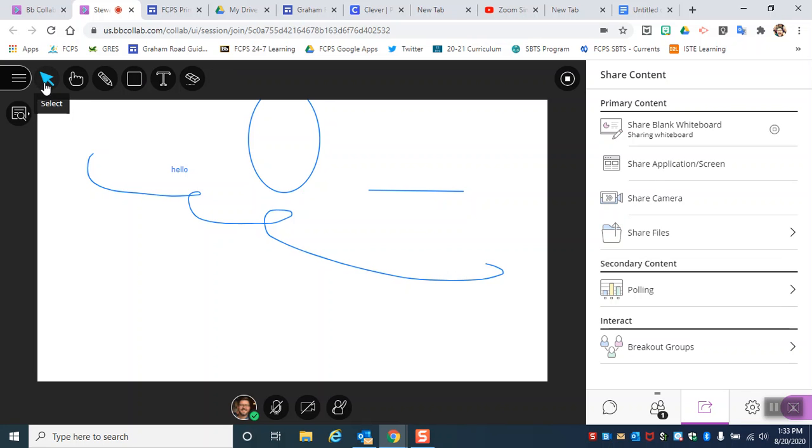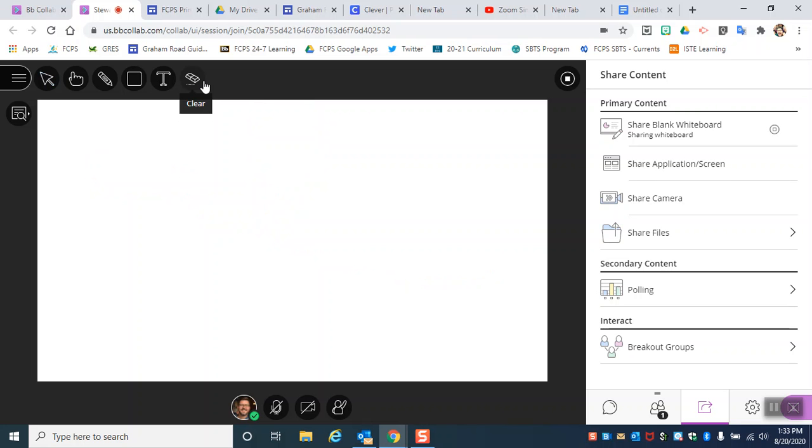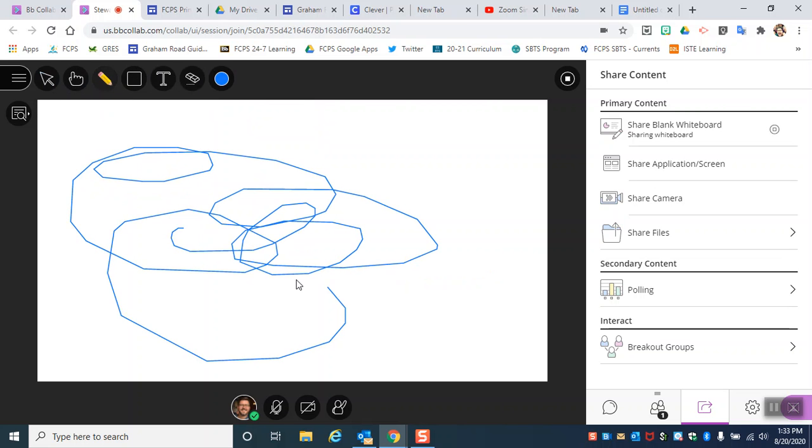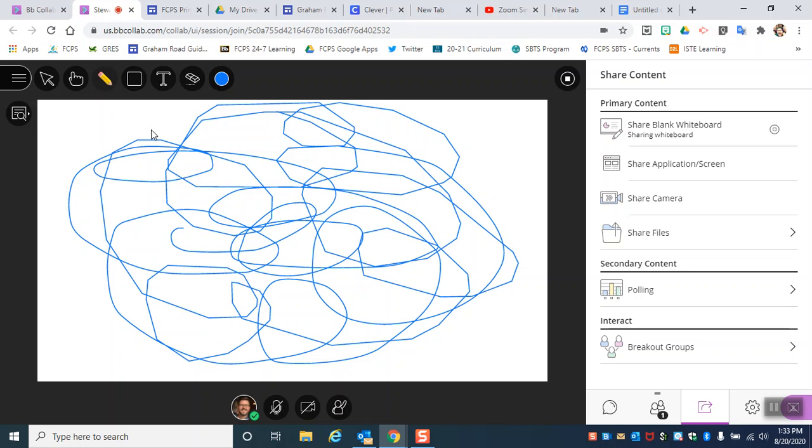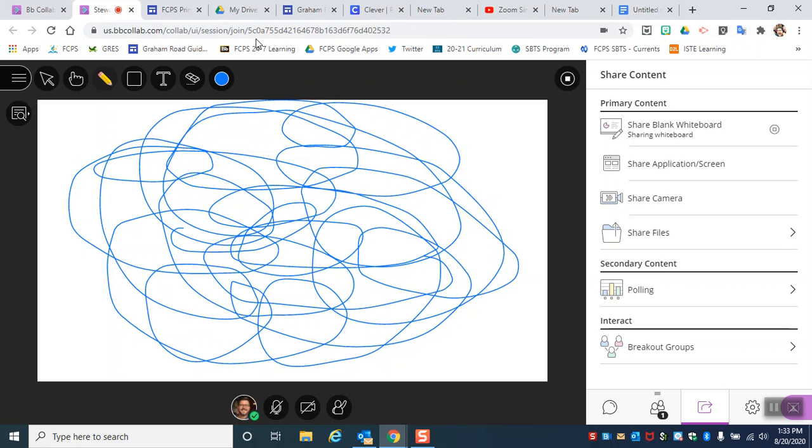The way they can erase is by selecting items that they have and pressing delete. They shouldn't have an erase tool, but this clears the entire board. So if you're wanting to just erase something, don't click that. If you want to erase one specific thing, like let's say a student is writing all over your board, then you don't want to erase everyone else's work that's putting answers in, like